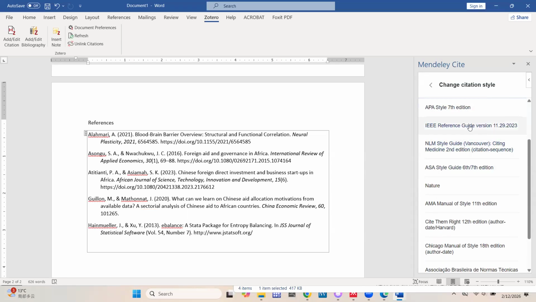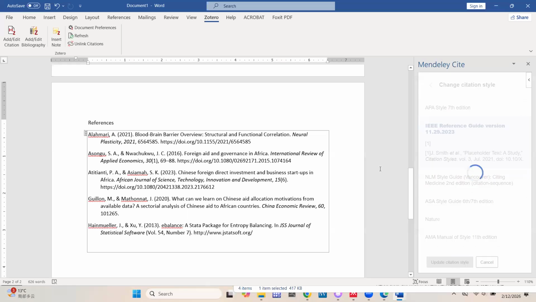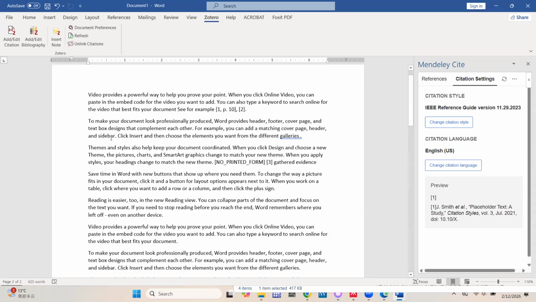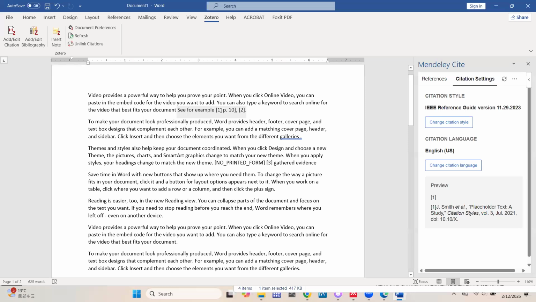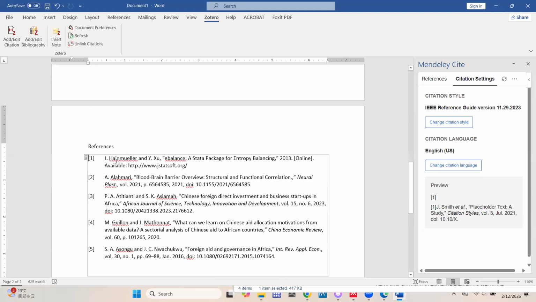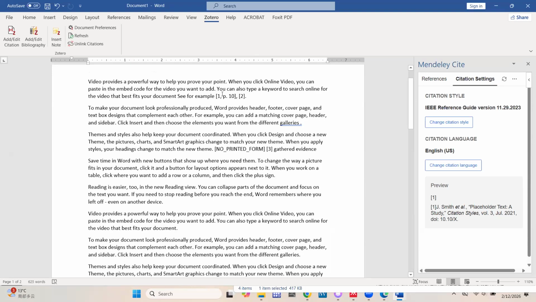And then if I choose, for example, IEEE, and I choose update, you realize that now it will change. Now you realize that it is not following alphabetical order. Now it is citing based on what came first in the document. Mr. D, do you get it now? So now you see that J comes first, then A here, P here, and even here, you realize that it's following the ordered numbers based on how they are ordered here.